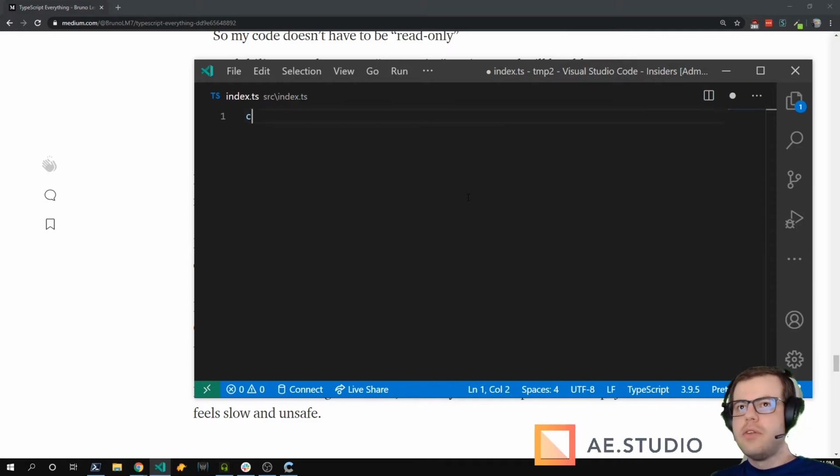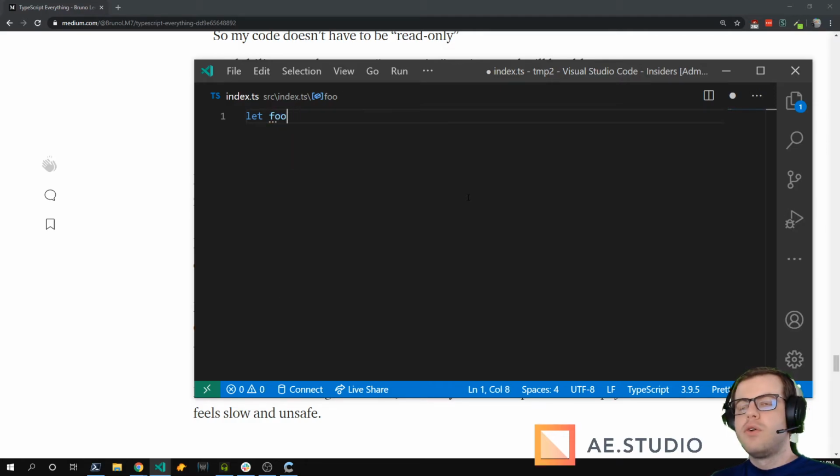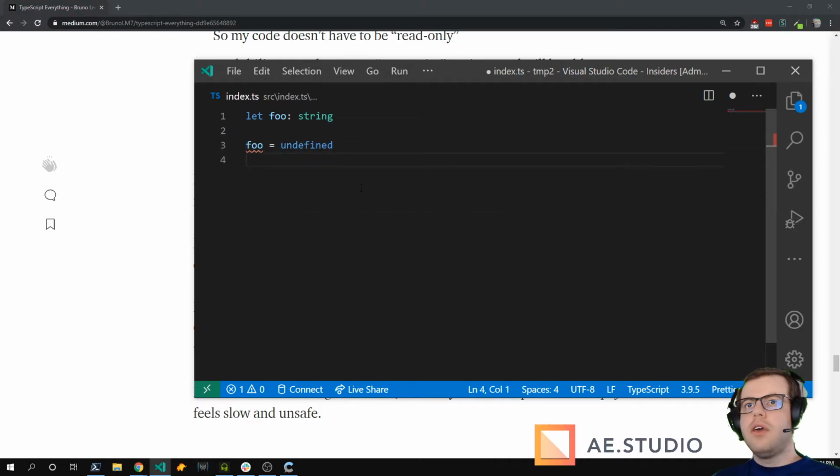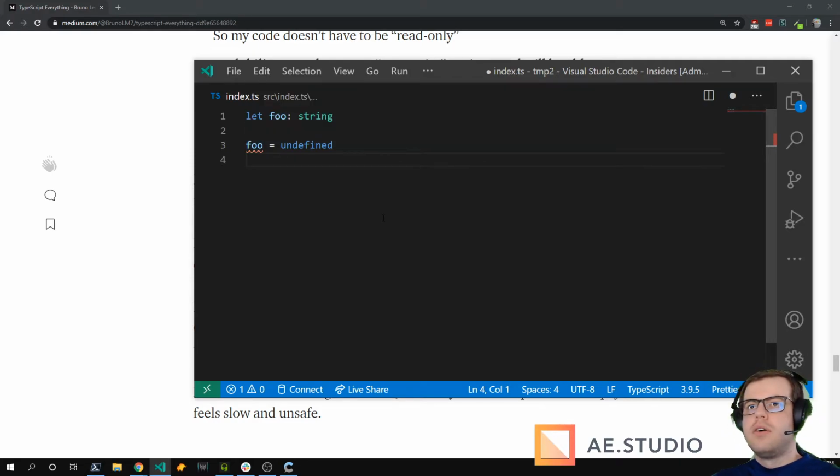So I think strict null checks require you to, if I say foo is a string, I cannot assign foo to undefined. So if I say foo is of type string, it always assumes that foo is going to be a string.